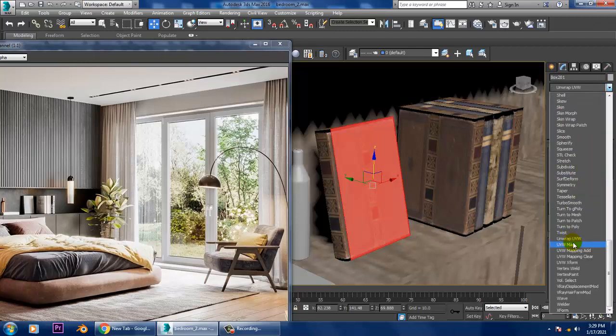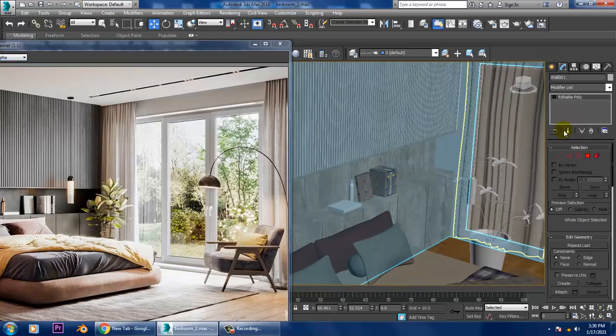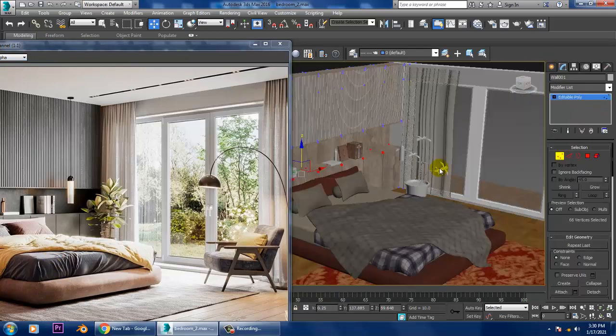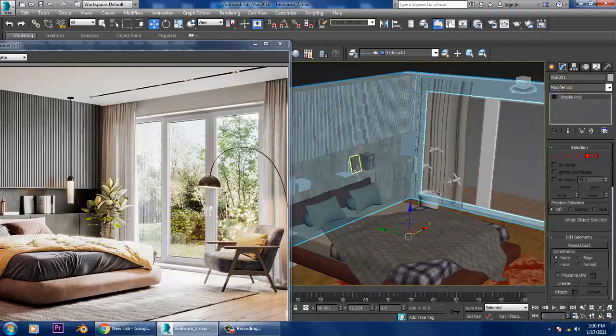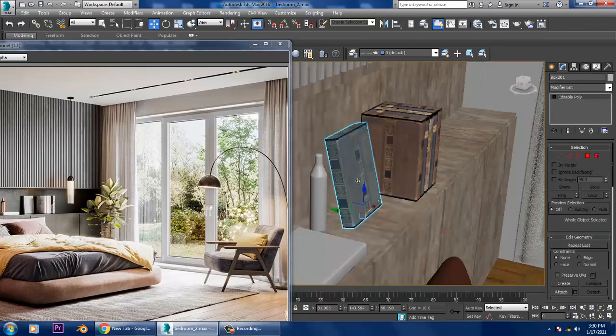UVW map. Select that part and slightly push it inside.